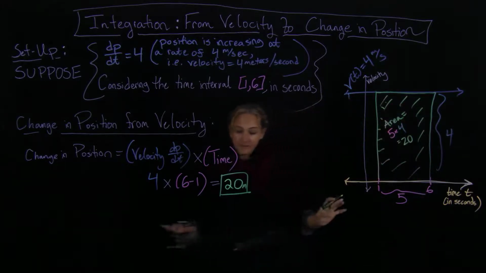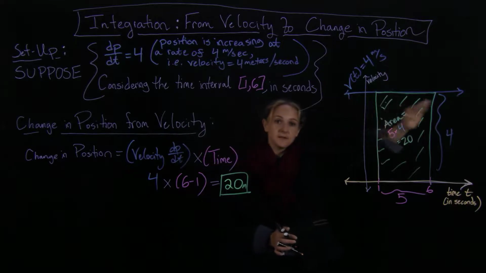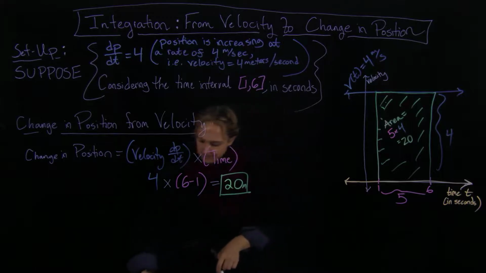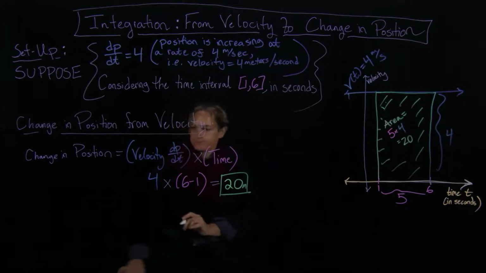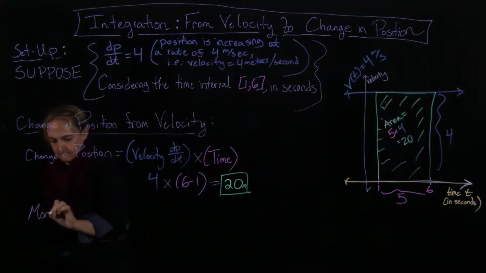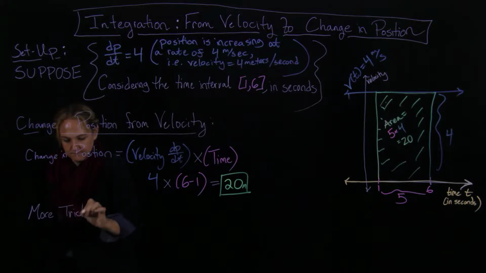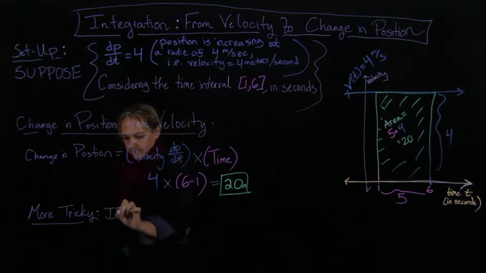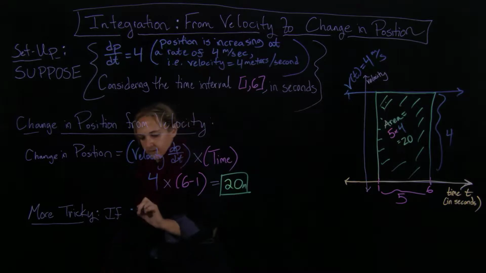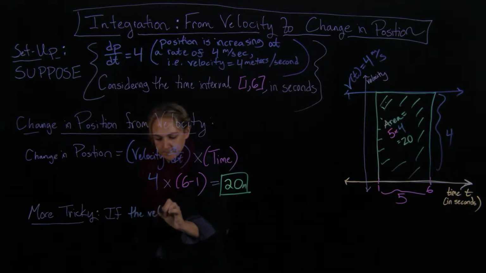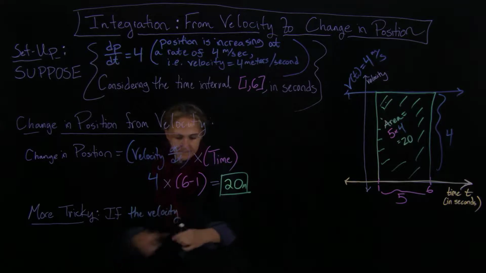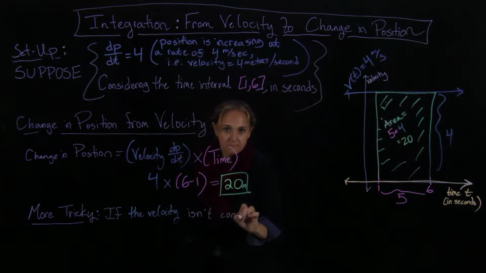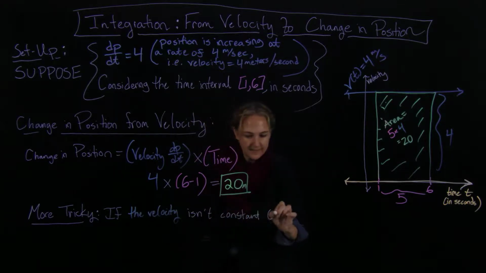Okay, now this is a constant function, it's always the same, the output's always the same no matter what my input is. So what if it's not? Okay, so more tricky. If that velocity, which was 4 there, isn't constant, so isn't a constant function,